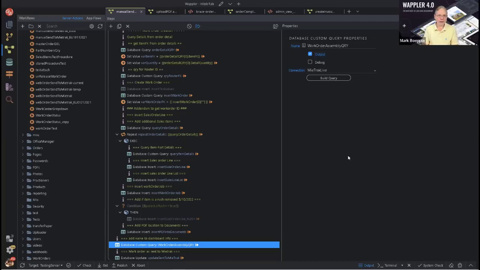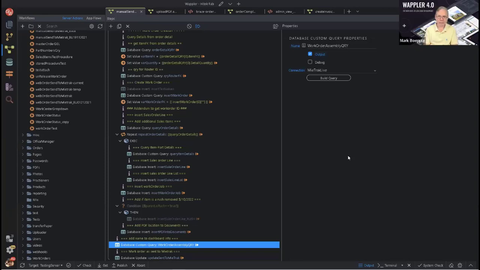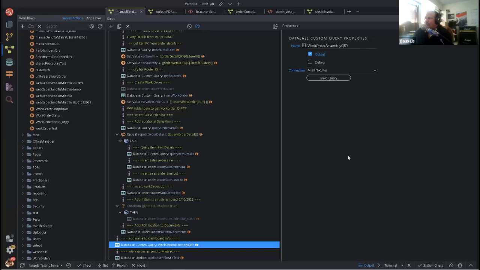Another question on the server actions. Is there a maximum number of steps that you run into, or any issues with the quantity of steps? At this point, I've not had any issues with that, not that I know of. Originally, a lot of times I was using multiple actions, but anymore I combine so much stuff into one action.